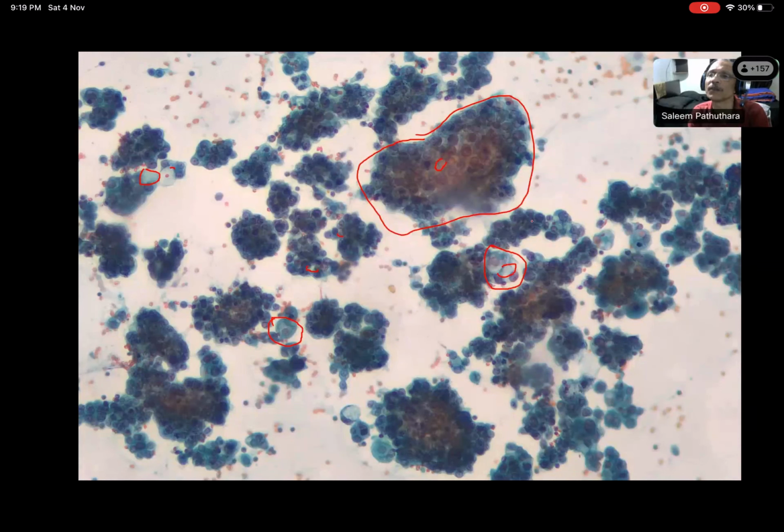Now can you tell me what was the problem with the previous smear and this smear? Sir, maybe the pH is high. No, I explained to you. The first one is air dried, and the second one was a thick smear, no? Yes, sir. Okay. So it has to be thin enough, and there should not be any air drying artifact.